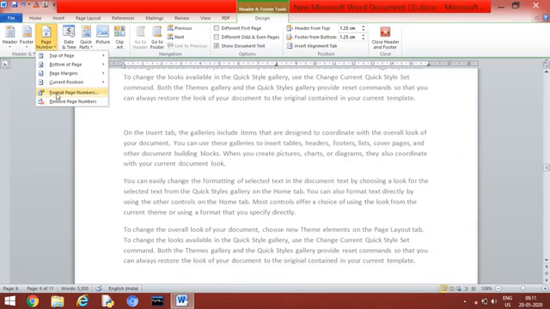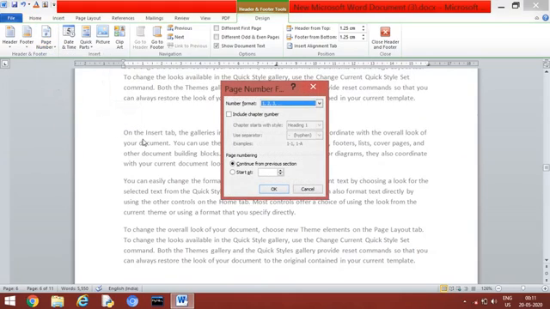Now coming to the format page number. Suppose you don't want your page number to be 123. If you want it to be ABC, or in the format of Roman numerals, you can just change it from here. Whatever format you want, you can give it from here. Like if you want it in 123 like this, you can give it, and here you can give the start at. Whatever number you enter here, the document will start the page number from that page onwards.